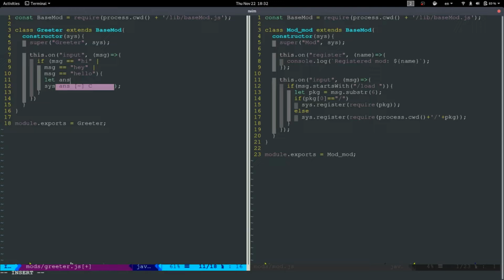So we have to define the answer variable, and just in order to